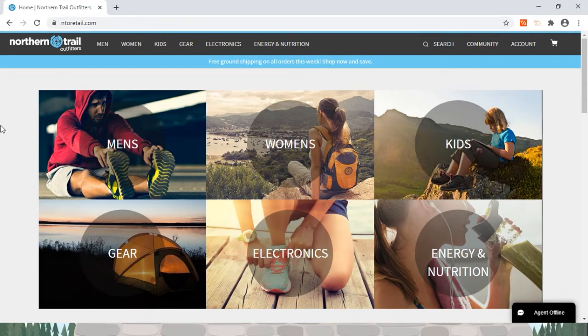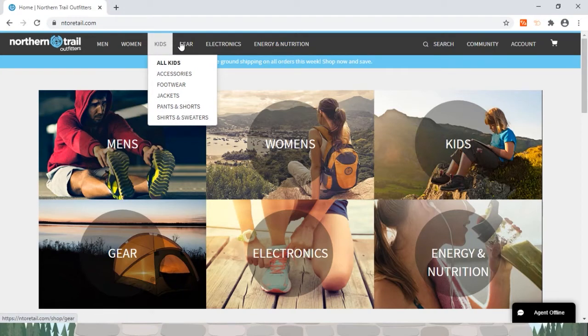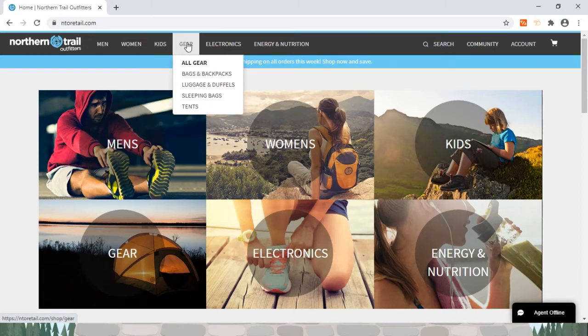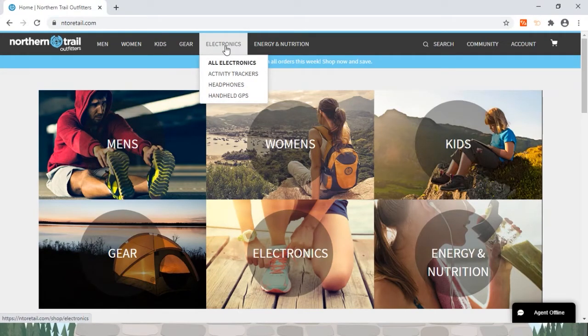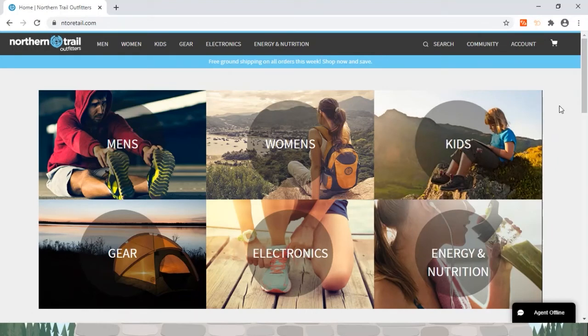So anything which has to do with hiking, climbing, running, or preparing towards that, this brand would be providing everything related to it. They have various sections for men, women, kids. Apart from the footwear, accessories and jackets, they also provide gear, bags and everything, sleeping bags, everything which is required for outdoor camping or hiking. Also some electronics section, and it's also an end-to-end e-commerce website as well.